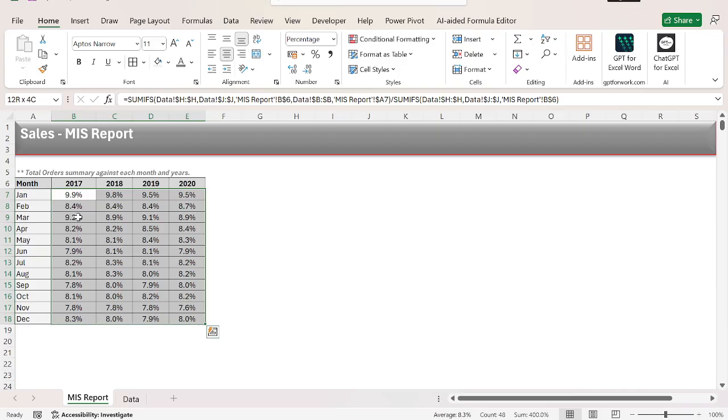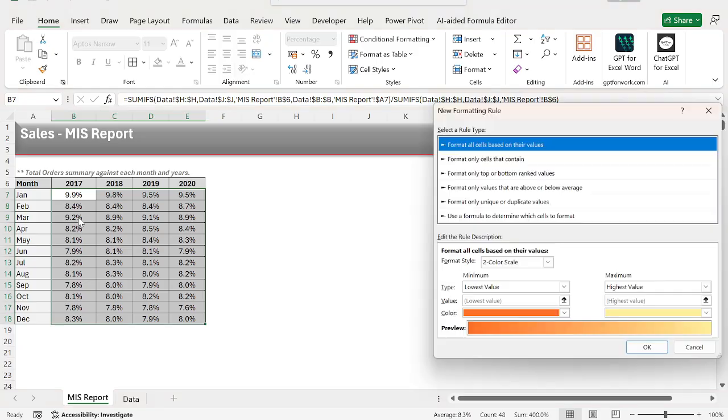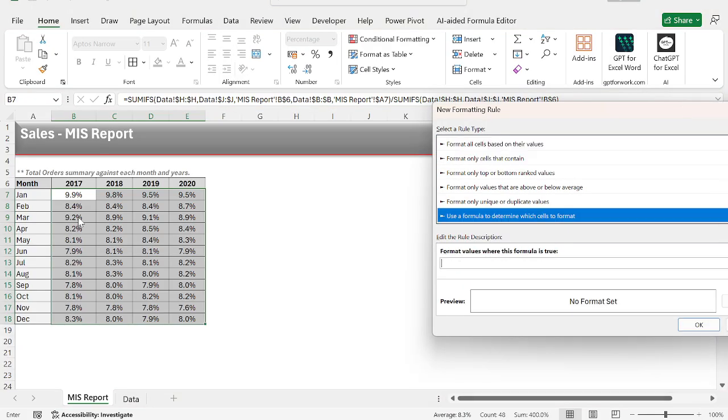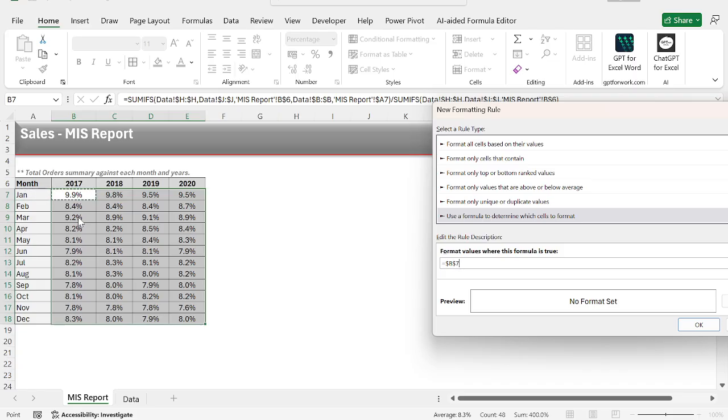Now you have to compare 2018 with 2017. For example, in Jan 2017 we have 9.9, but in 2018 we have 2.9.8, which means we received fewer orders compared to 2017 in the month of Jan. That's what we would like to compare. So simply select it, press Alt H L N to go into the formula, and right here, if this value